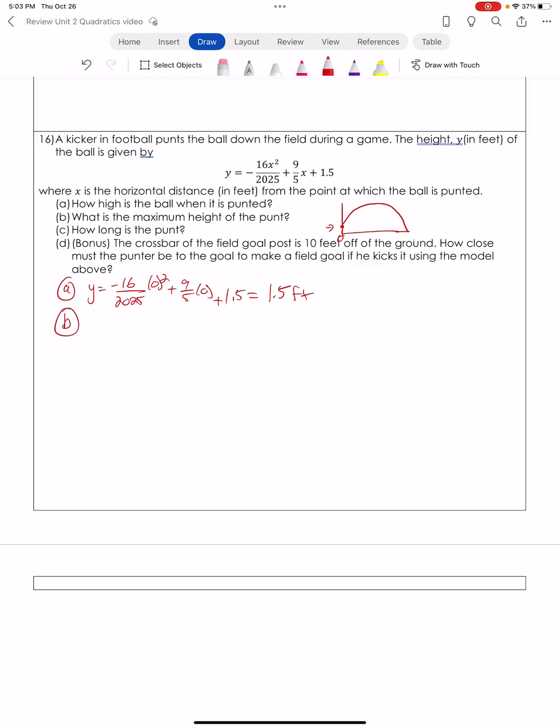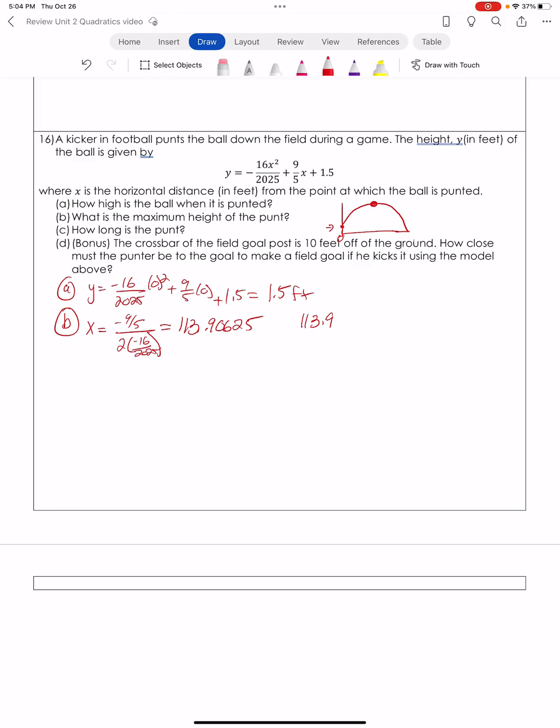For B, what's the maximum height? So we're talking about this point again, of course, our vertex. x is equal to negative b over 2a. So that's going to be negative 9/5 over 2 times negative 16 over 2025, which is equal to around 113.9. So when you put all that in, it's about 113.90625. I like to use as much decimal as possible. For my answer, I'd say it's 113.9,